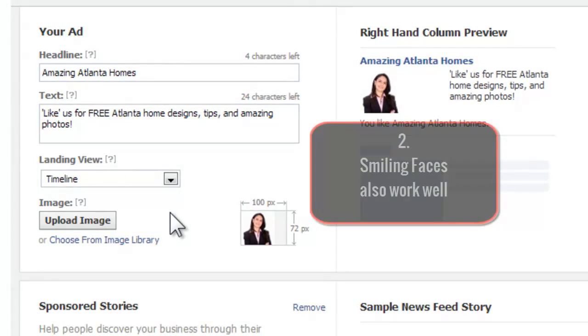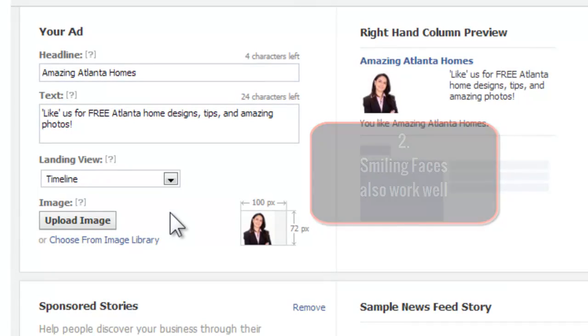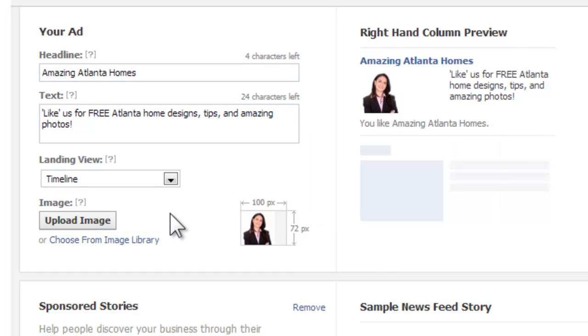And if you can get a smiling face in your picture, that will work too. You don't have to have both, but those are kind of the themes that a lot of people abide by. People are drawn to smiling faces, and they're drawn to colorful images. So I'm not sure that a smiling face is going to help us with,